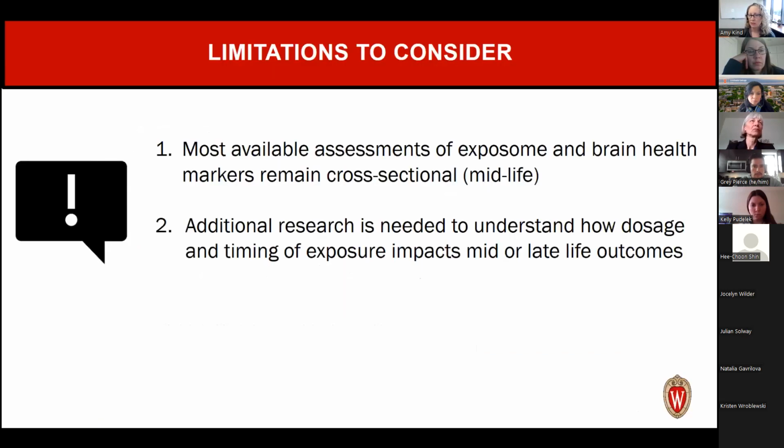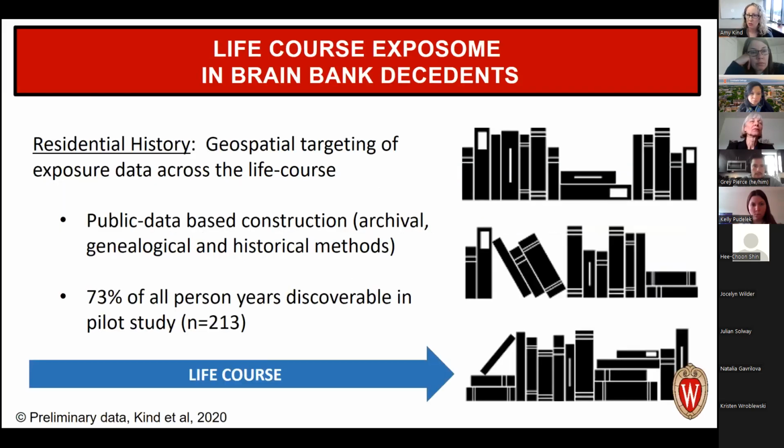Now getting to Louise's question, because these are the questions we asked ourselves and what she just asked as well. Well, what about longitudinality? What about dosage and timing? That's exactly what we asked, and that's where we're going. So we received a grant from the National Institute on Aging to be able to characterize the life course of these individuals. And we've been doing this both with decedents, and I'll tell you how we do that as well, as with living participants. So the living participants, pretty straightforward.